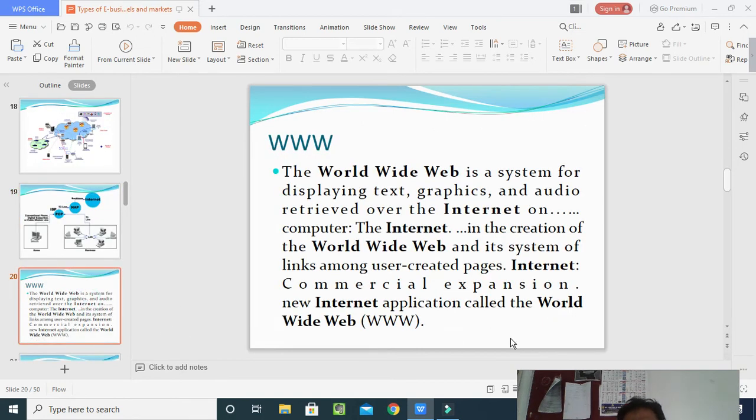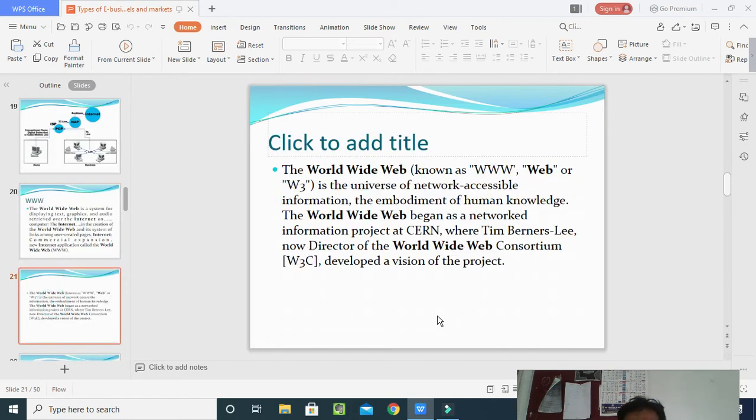Now, World Wide Web. What do you mean by www? The full form of www is World Wide Web. It's a system for displaying text, graphics, and audio retrieval over the internet on a computer. The internet led to the creation of the World Wide Web and a system of links among user-created pages. It includes commercial expansion, a new internet application called the World Wide Web. And according to big experts, they have given this definition: World Wide Web, also known as WWW or Web or W3, is the universe of network-accessible information, the embodiment of human